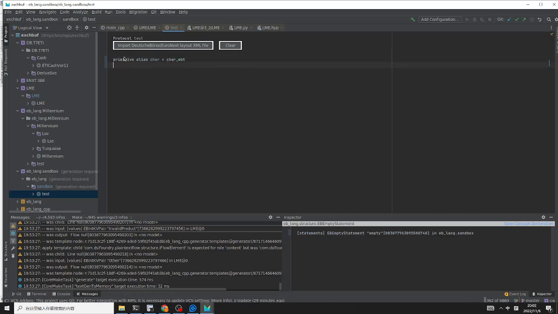Here, when we press something, that will give the hints and tips, and we can use that to auto